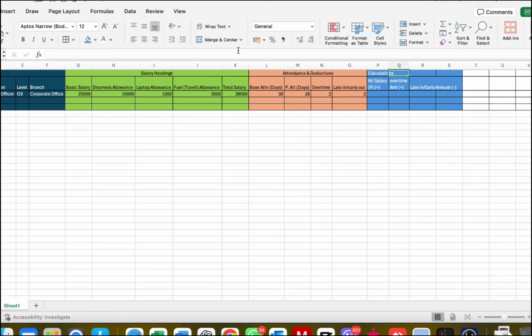Calculations. Now let's get it into a merge cell. My total salary is 39,500. That will be divided by the base attendance days, right? So this is my total days, and this will help me out in which days. For example, attendance days, right? So yeah, the calculation is